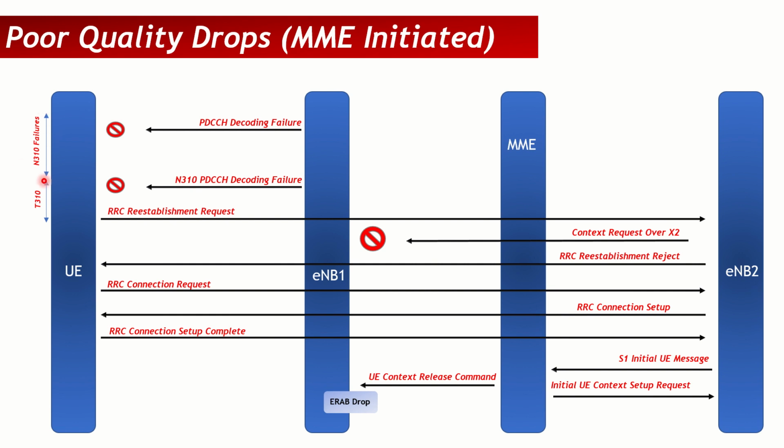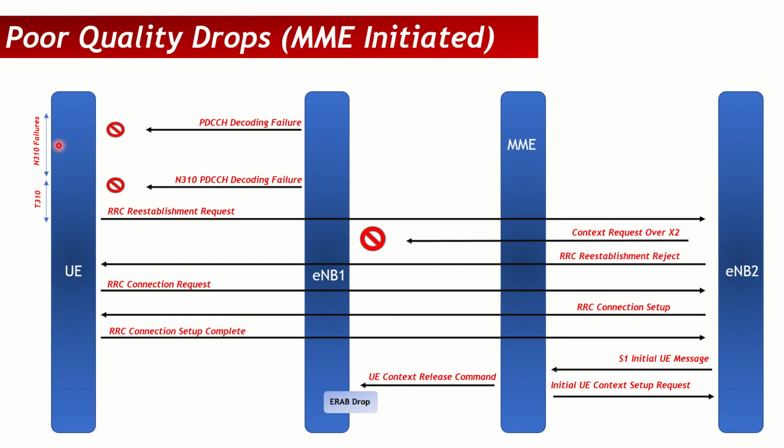So N310 is indicated initially as a 200 millisecond PDCCH decoding failure, and after that it is a 10 millisecond sliding window. Now if the UE is unable to decode PDCCH for the consecutive number of configured values, so if I have it configured at N310 equal to 2, a UE that failed to decode PDCCH for 210 milliseconds